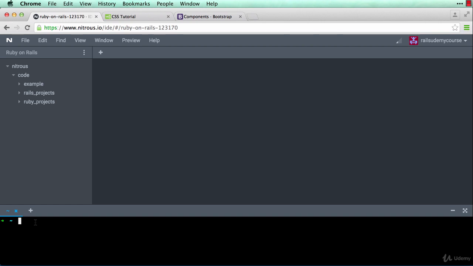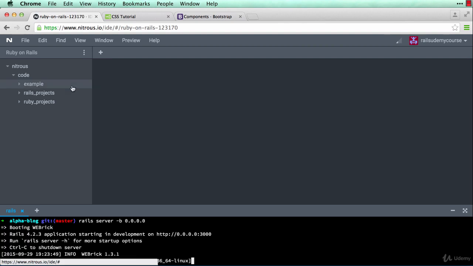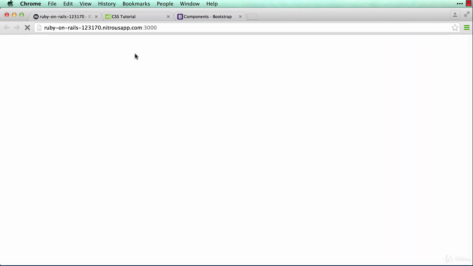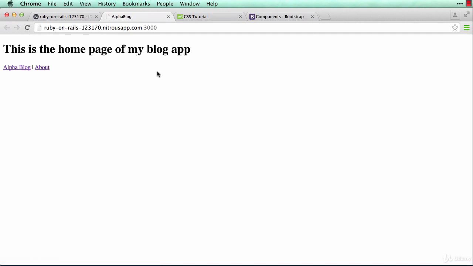All right, so let's take a look at that real quick. So I'll navigate to my app, and then start the server. Okay, if I click on preview, this is what my home page looks like. It's not very appealing, and this is one of the first things we're going to work on. And we're going to install Bootstrap and start working on this, but before we do that, we have to